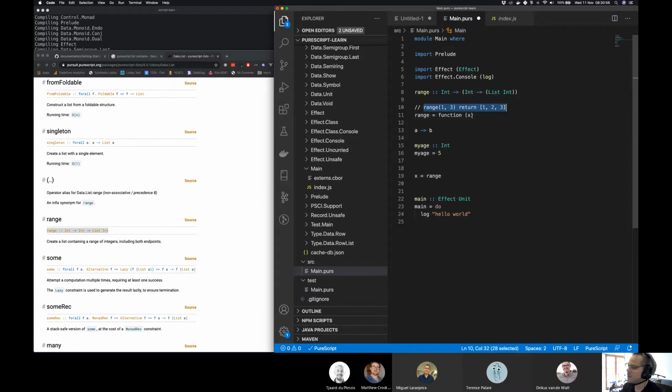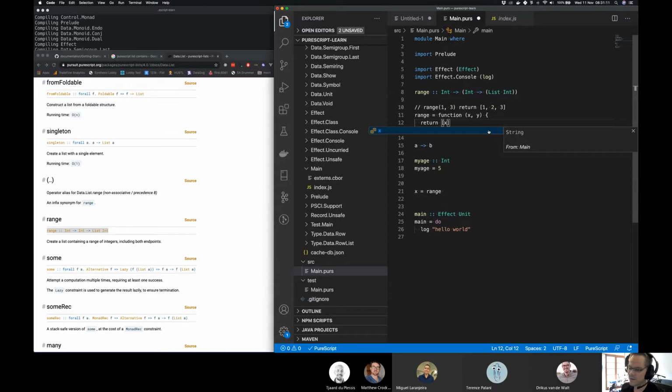If we had to write this in JavaScript, we would say range equals function x, y, and we would return whatever stuff. Return an array with x dot y, however that is implemented, in a for loop or something, right? You happy with that's how you would define it in JavaScript?